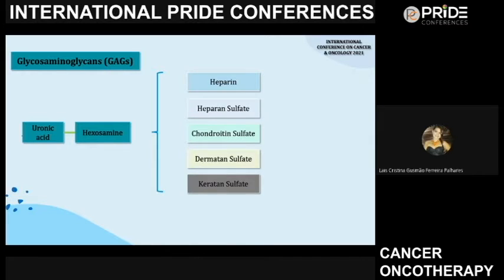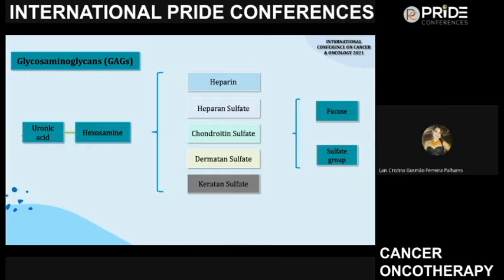Depending on the different units that are combined together, you can have different types of GAGs, which can be heparin, heparan sulfate, chondroitin, dermatan, or keratan sulfates. On top of that, you can also have additions of sulfate groups at different positions in the molecule,